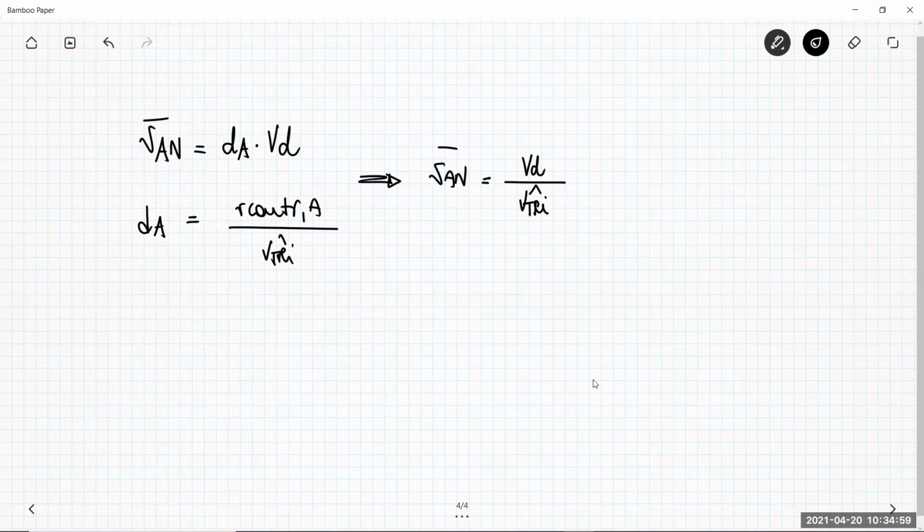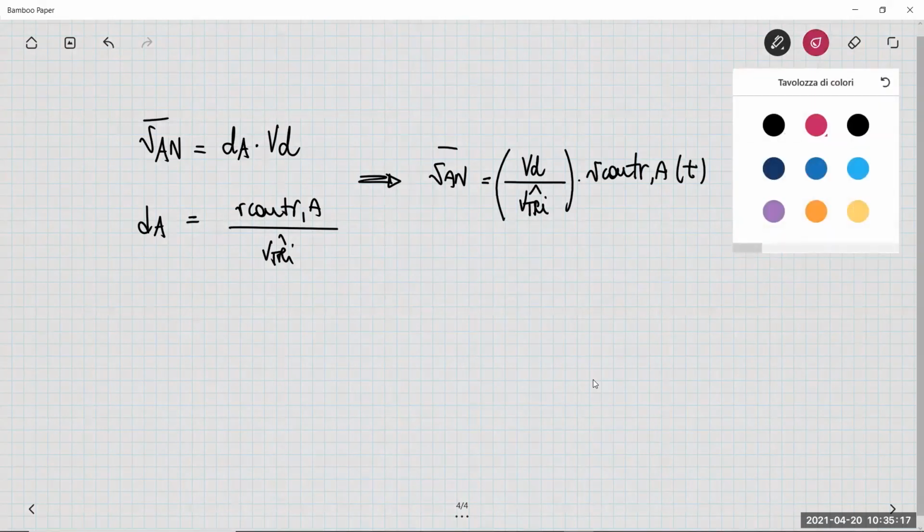Both are constant, VD by our supposition, and the peak value of the triangular voltage, multiplied by the V control A,